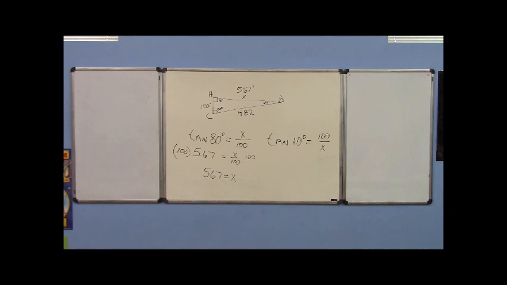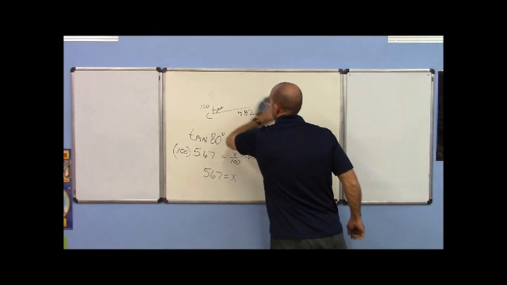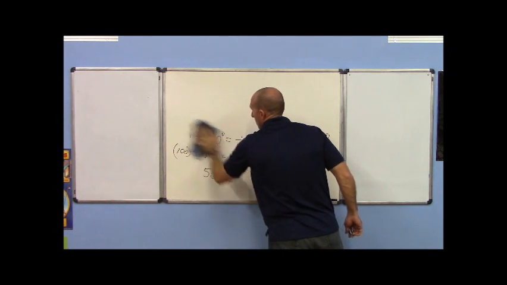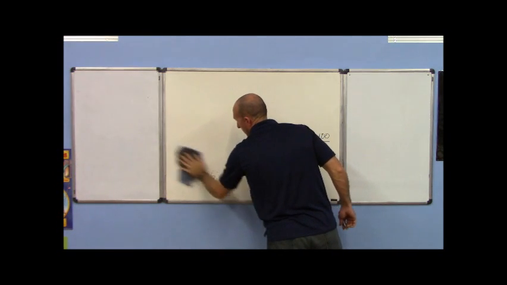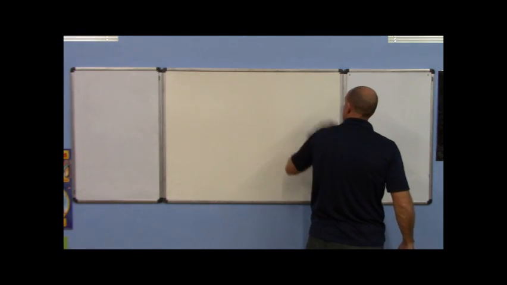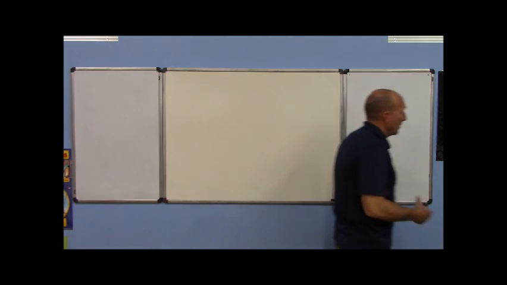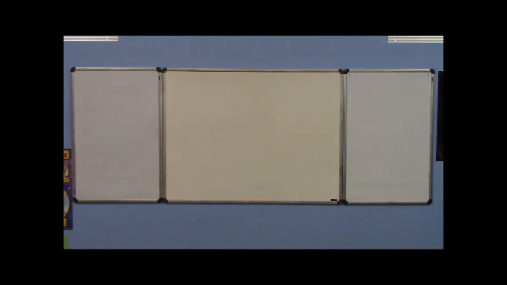Okay, let's go to 10.3, and we're going to look at special triangles. Because these types of triangles are triangles too. We've got to treat them the same as all the other triangles. We've been talking about right triangles, so now we're going to delve into